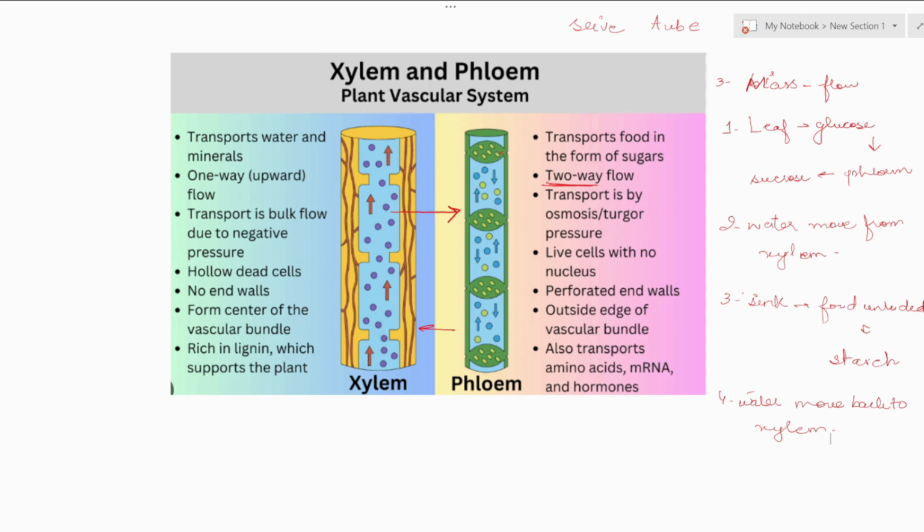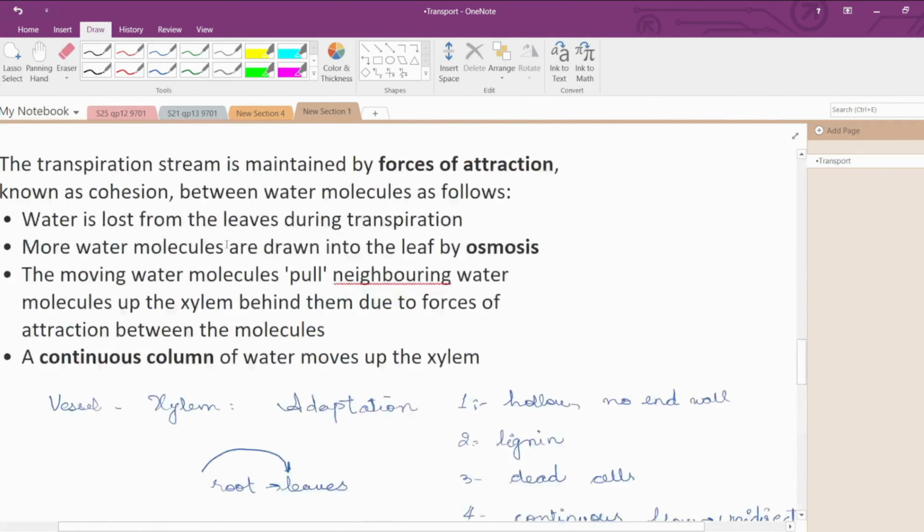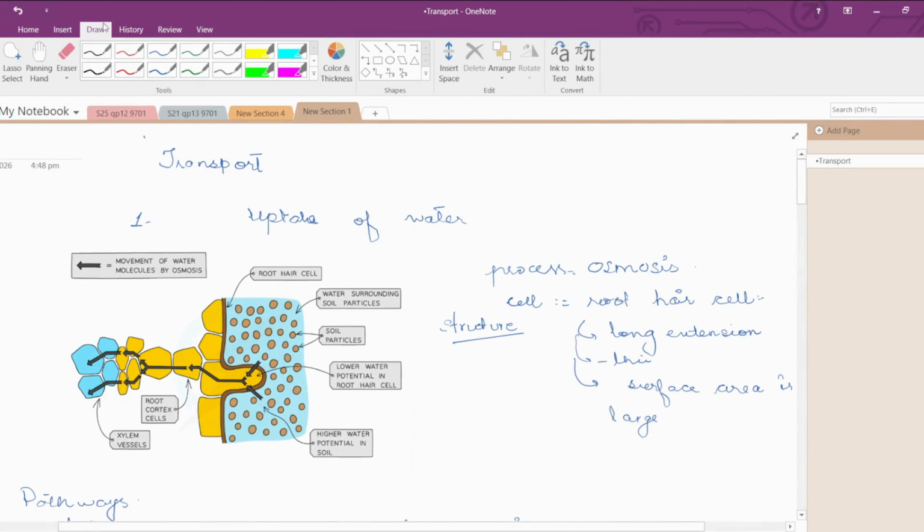Clear. So this is all about this chapter. You need to just revise it, go through the book. I'll share these notes as well with you. Go through the chapter because there are other things as well in this chapter that you need to